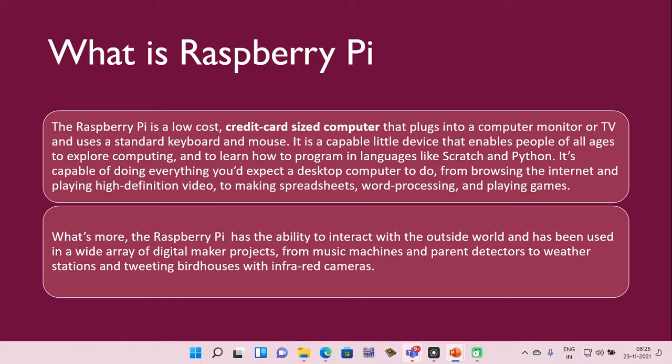So basically, it is a very popular device and getting popularity worldwide, not only among the students and hobbyists, but it is widely used in many bigger projects. Especially AIB has a project on, I think, Lunar Mover or Mars Mover, and they have used Raspberry Pi in their project.